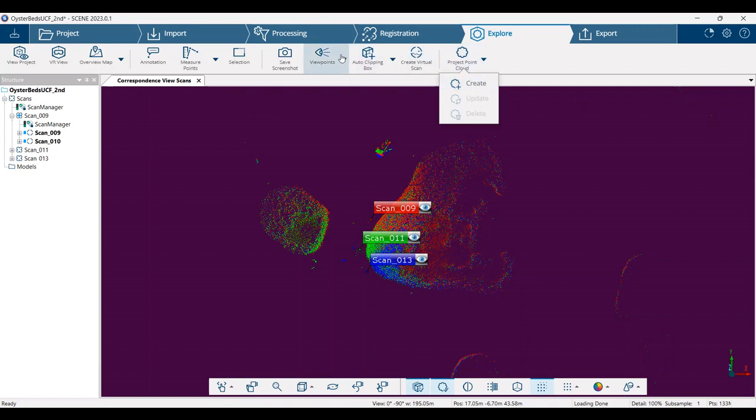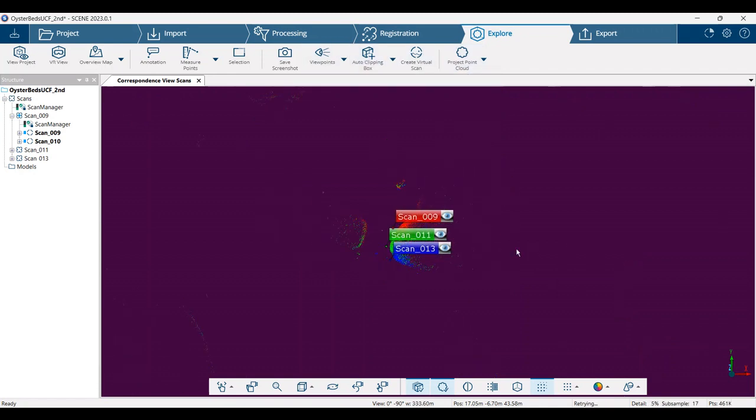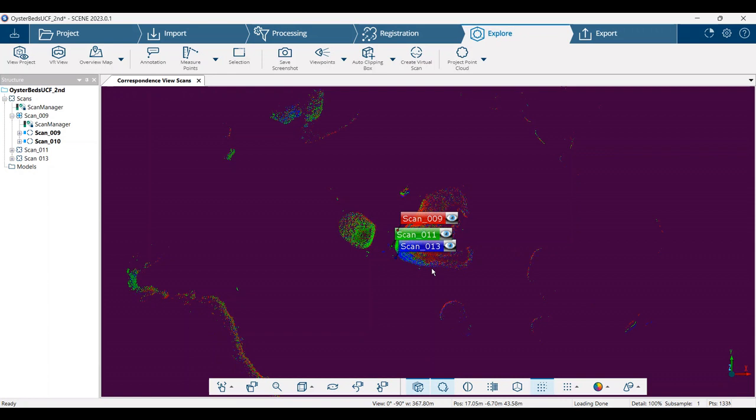Lastly, once that's created, you can go and create a clip box and then temporarily delete any of the data that you want. I hope this helps with your understanding of registration with sphere targets and also what Hyperscans are